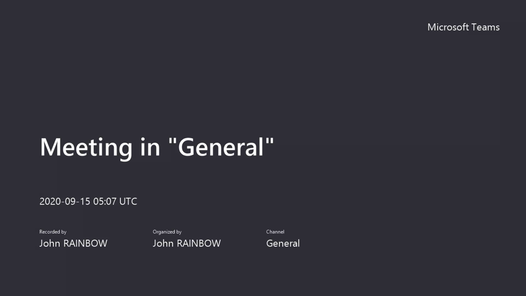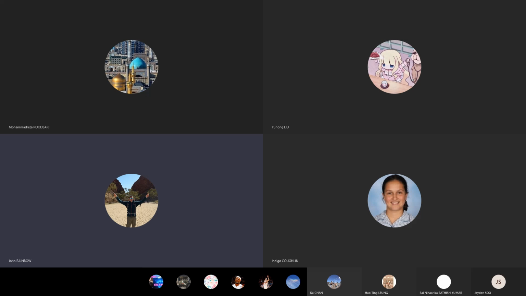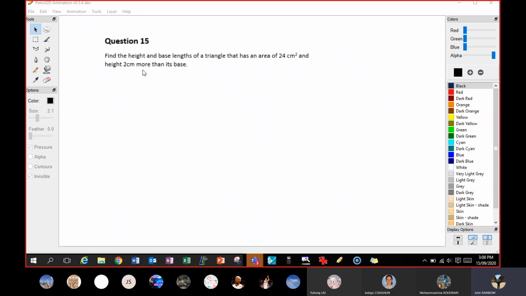One here. Find the height and base lengths of a triangle that has an area of 24 and height 2 centimeters more than its base. All right, well, there's a couple of ways you could solve this. We'll just look at one way. Well, you've got a triangle, right? And it says that we know the area is 24